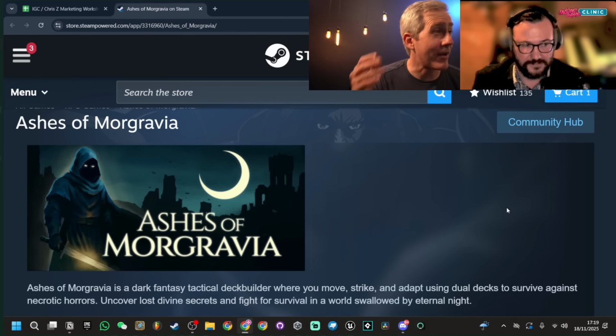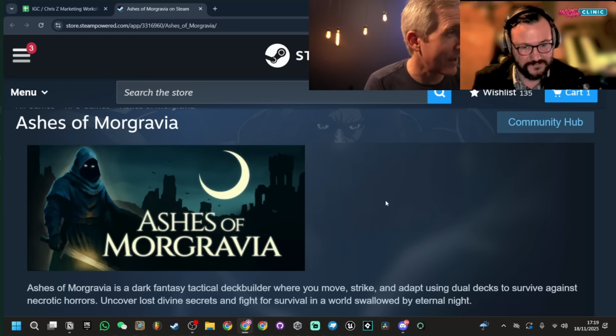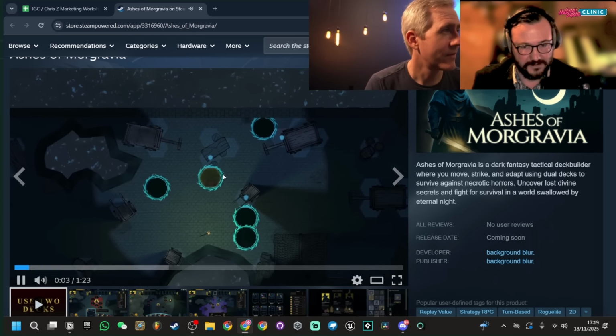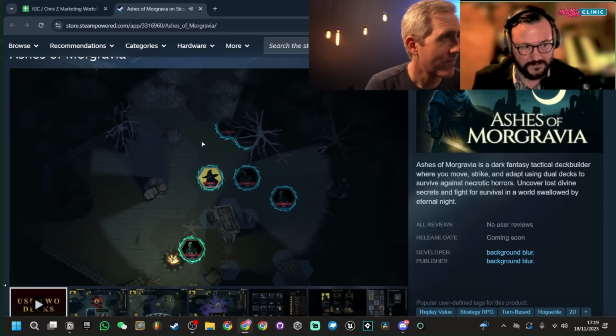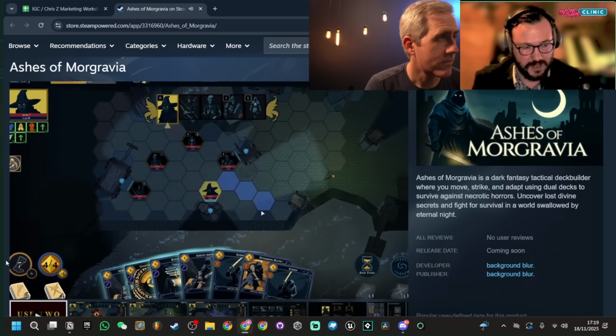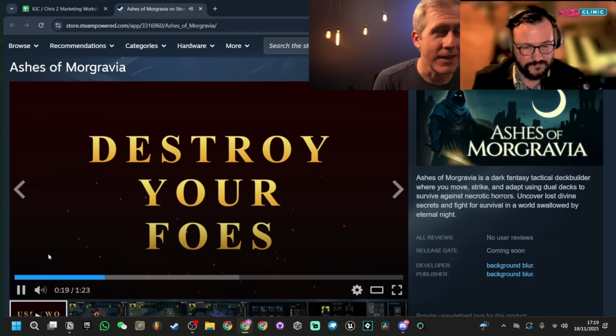So fine. I assume it's a dude with a sword game, a really great genre, I guess, for a lot of people. But it looks like a dude with a sword game based on the capsule. Let's unlock to see if this is a dude with a sword game. Yeah, it's actually not. It's a sort of card-driven tactical deck builder with a map. Okay, well then. I know it sounds like, Chris, that is the dumbest thing.